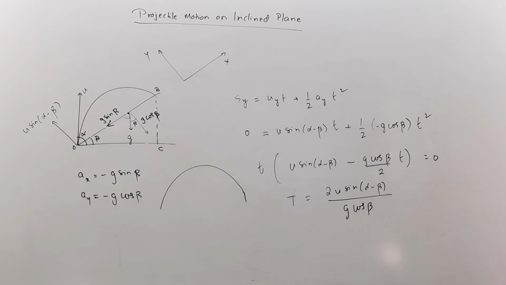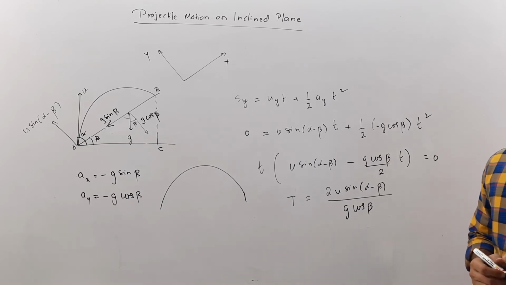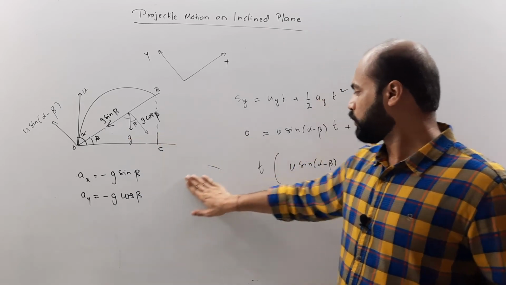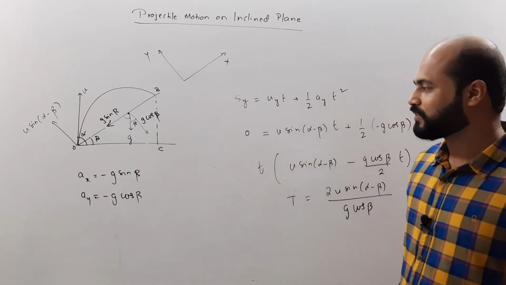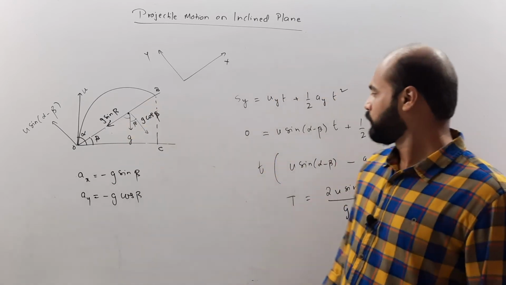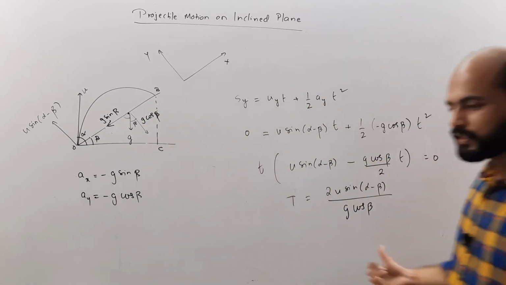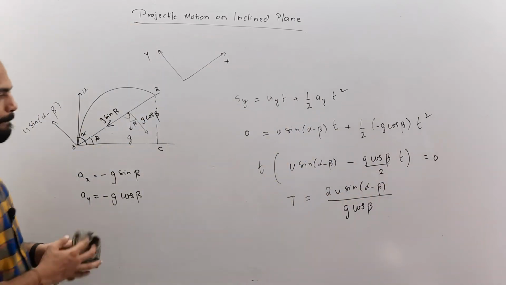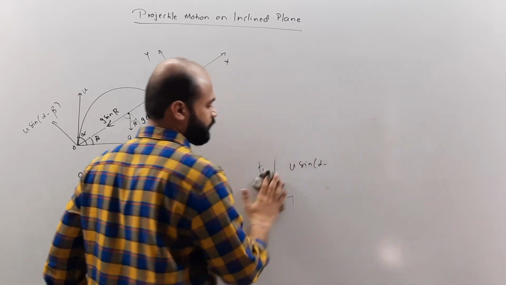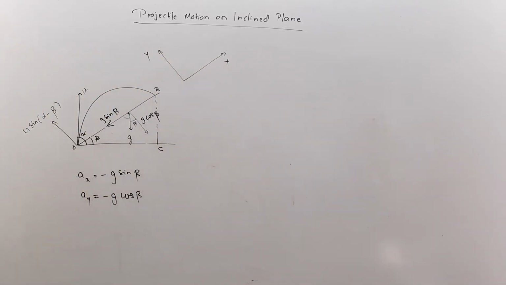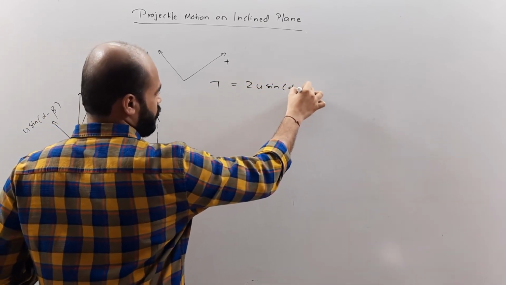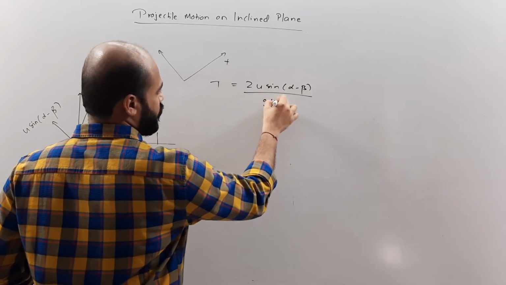Now once we achieve time of flight, we have to actually go for the range. That is, what is the value of OB it achieves. Now this time it's going to be slightly different, because we have an acceleration in horizontal direction. So if this is clear, I just rub this off, and I'll actually find a range. Just for our reference, the answer that we got is 2u sine alpha minus beta by g cos beta.